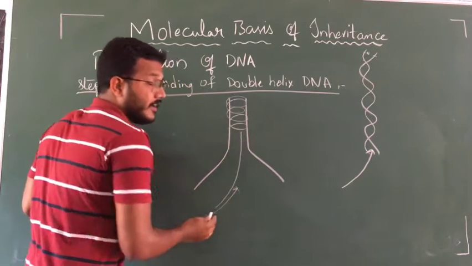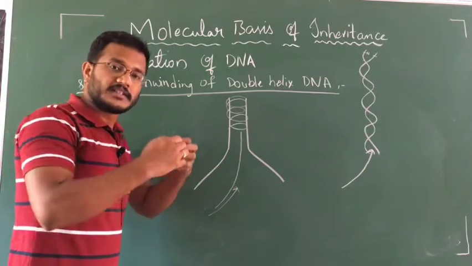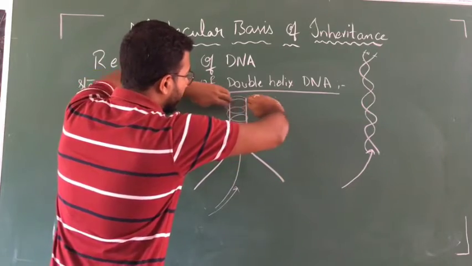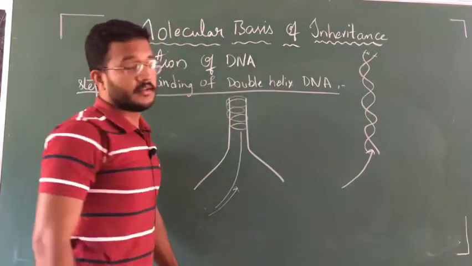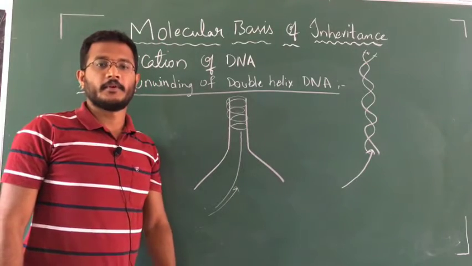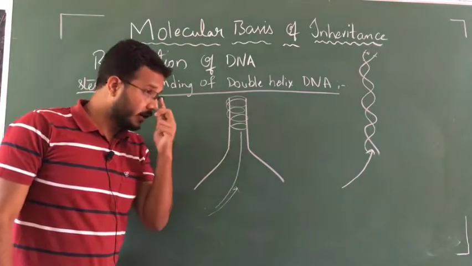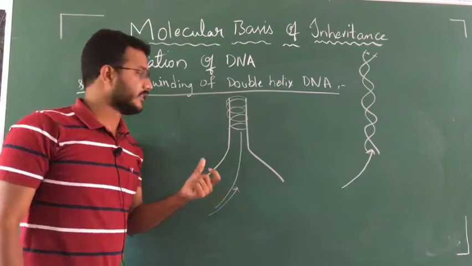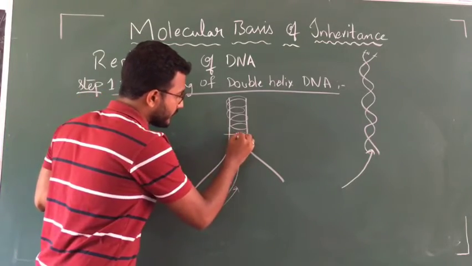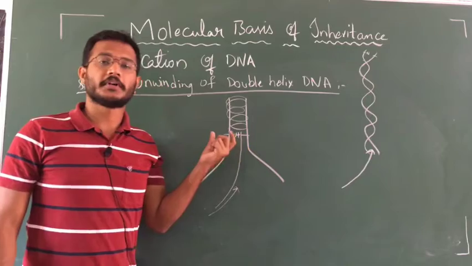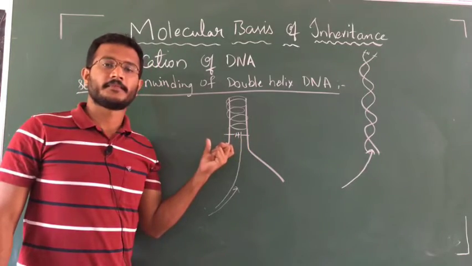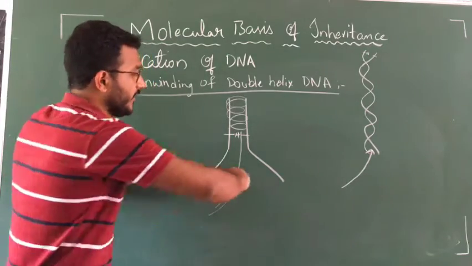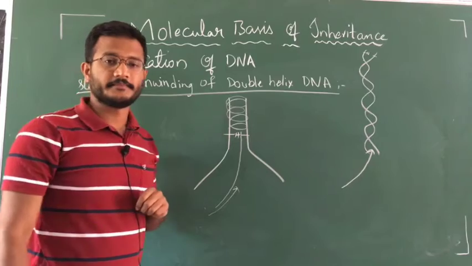In this direction. And along with its movement, it will start the unwinding also. Again, it will unwind this one, and again, it will unwind this one. Like this, the total DNA will be unwound by the helicase enzyme. You have to imagine. Now, what are the bonds which are breaking during this unwinding? The bonds are hydrogen bonds, because those hydrogen bonds are what link the 2 strands. So this helicase is breaking those hydrogen bonds and makes the DNA helix unwind.